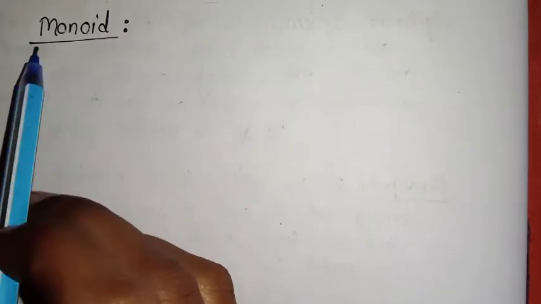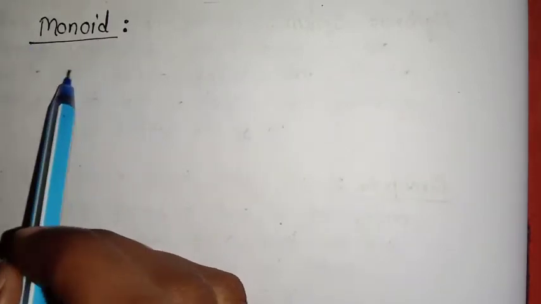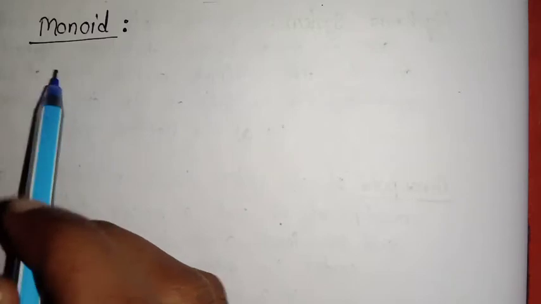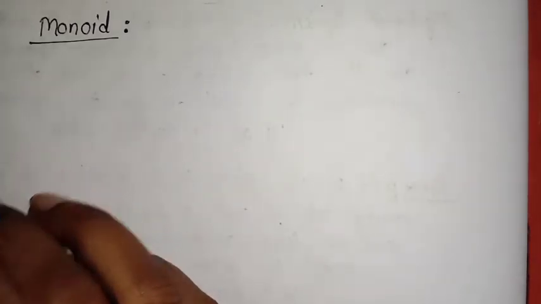In our previous video, we started group theory, in which I told you the definition of groupoid and semigroup with examples. Today we will discuss the third definition, that is monoid, and the group. And I will discuss the examples of these two also. So watch it till the end.